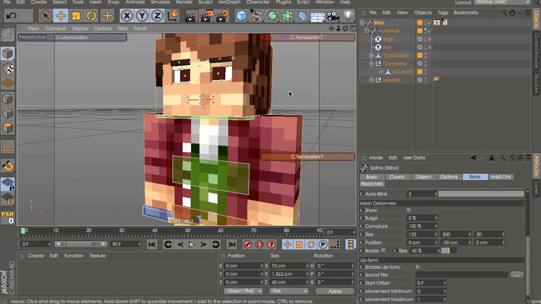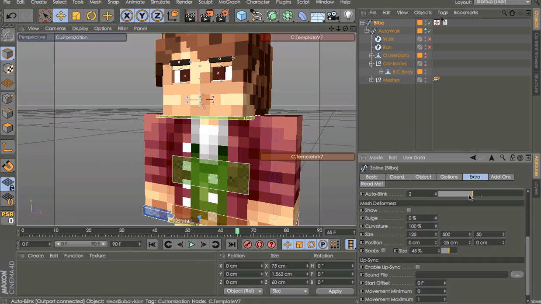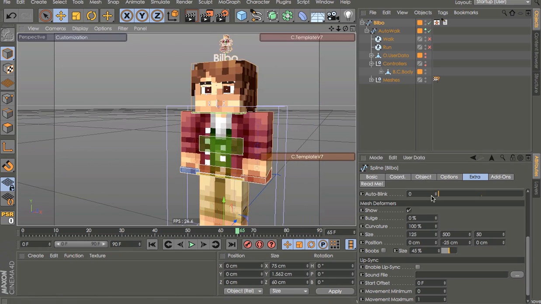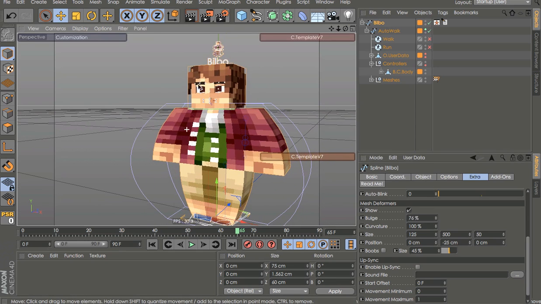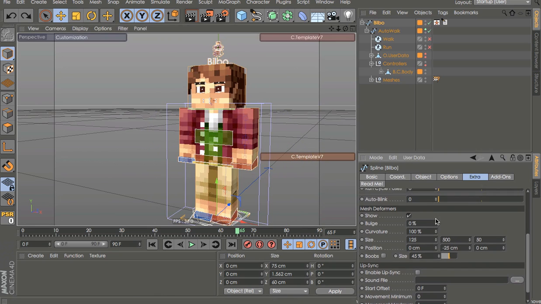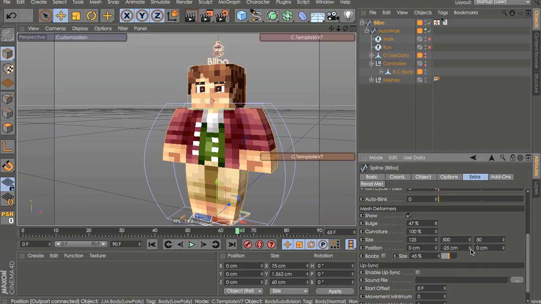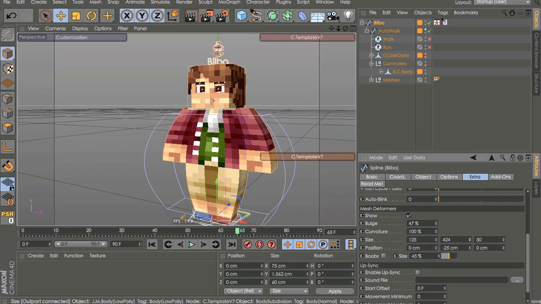So now we have auto blink, so he blinks every few seconds, and then you can change the speed. So 1 is the lowest, 5 is the highest, and then we have this cool little feature with the bulge. With the higher poly mesh it looks better, but it basically lets you create cartoonish looking figures, and